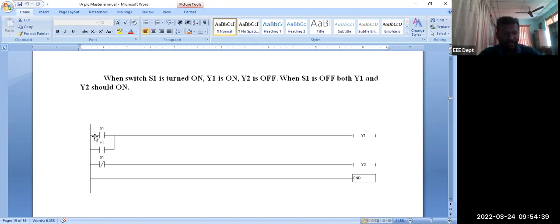Okay, so switch S1 is connected here, coming to Y1 also. So S1, Y1. So when it is off condition, Y1 on. Okay, so the same state should remain there, even if the switch is off. So latching will appear like this. Okay, so Y1 latching, same addressing mode, Y1 latching. Okay, so when S1 is off condition, so this switch is off condition, so both Y1 and Y2 on, both